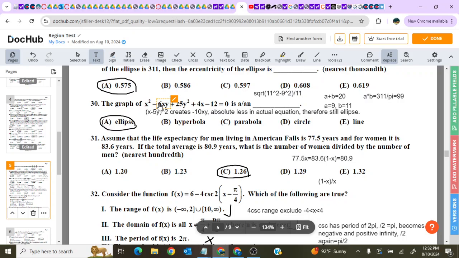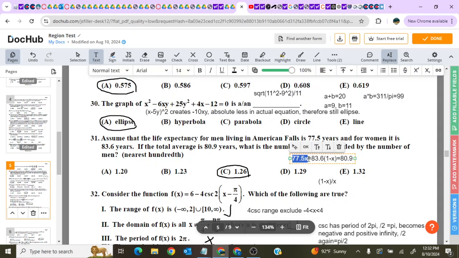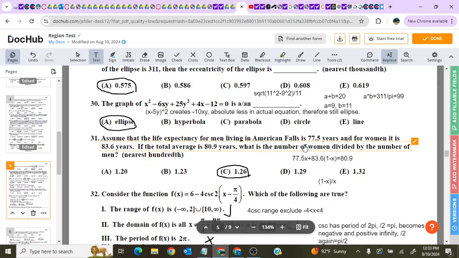31. Assume the life expectancy for men living in America is 77.5 and women is 83.6. If the total average is 80.9, what is the total number of women divided by the total number of men? Well, we can do it in terms of proportion. Sorry, that needs to be a plus sign. So